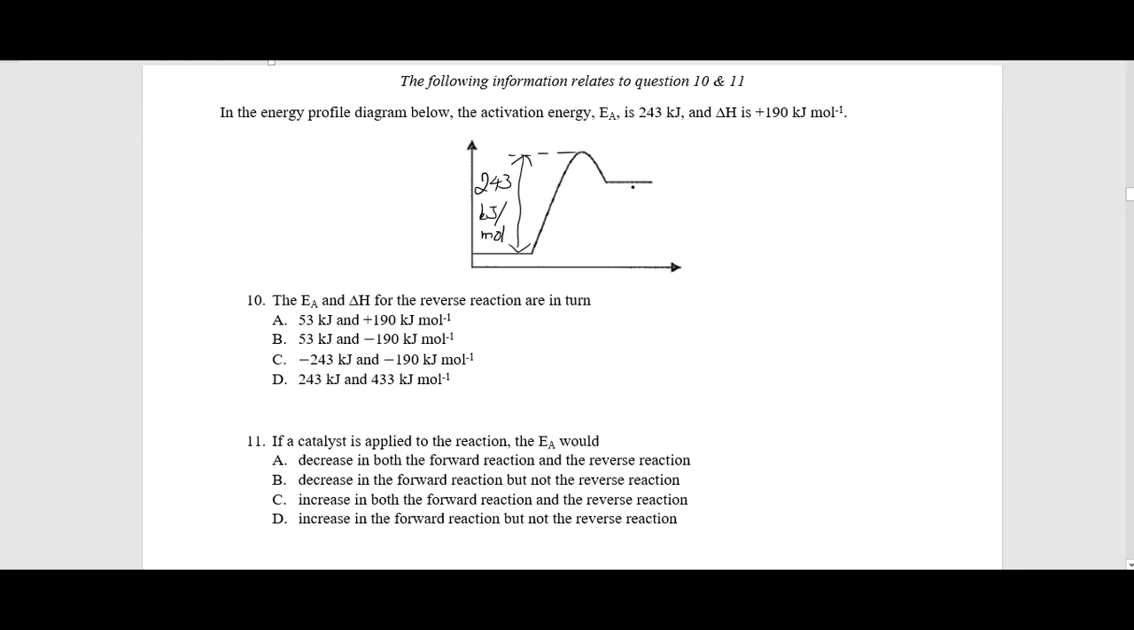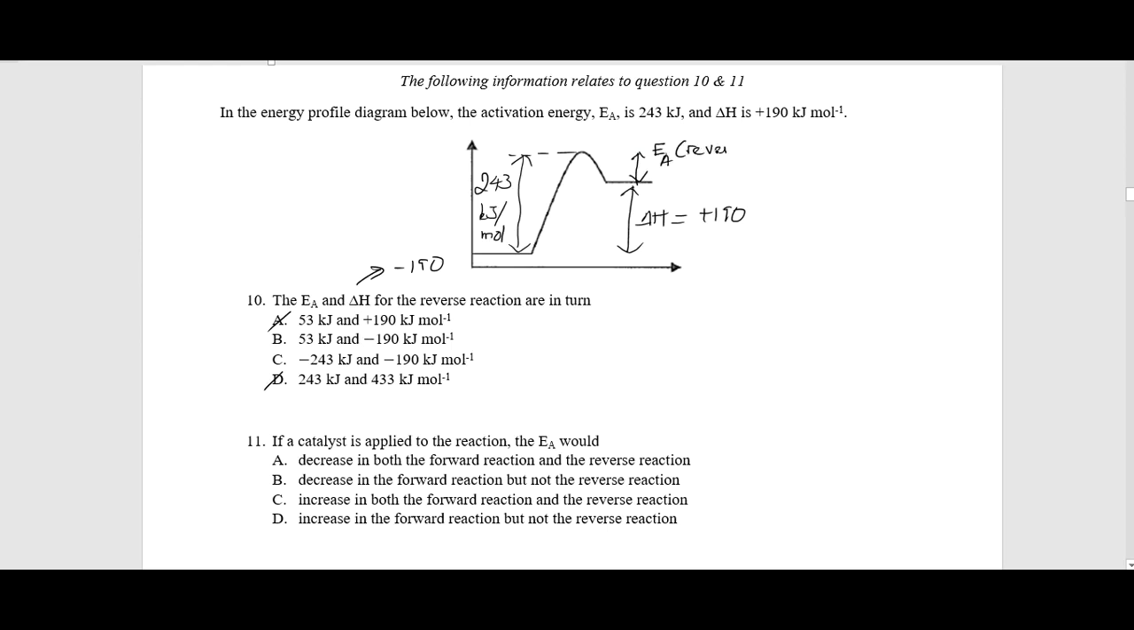Delta H is positive 190, so this is delta H, which is positive 190. And we need to work out the activation energy and delta H for the reverse reaction. So obviously delta H of the reverse reaction is going to be negative 190, and that should cancel out a few options. The activation energy for the reverse reaction is going to be this little segment here,